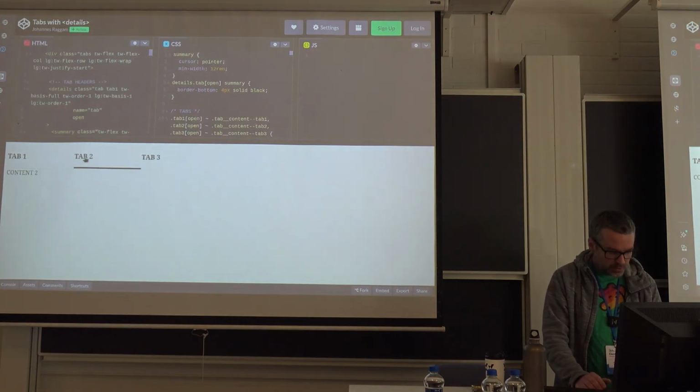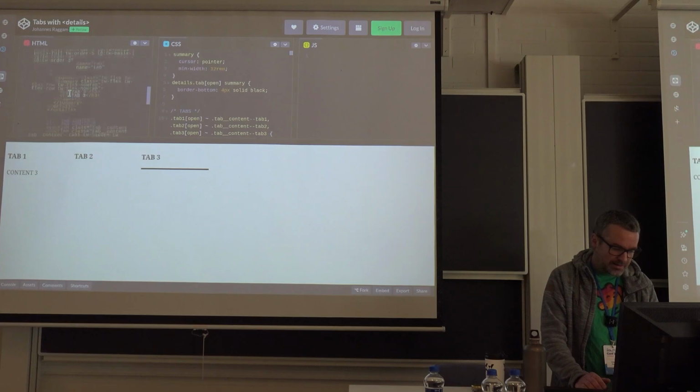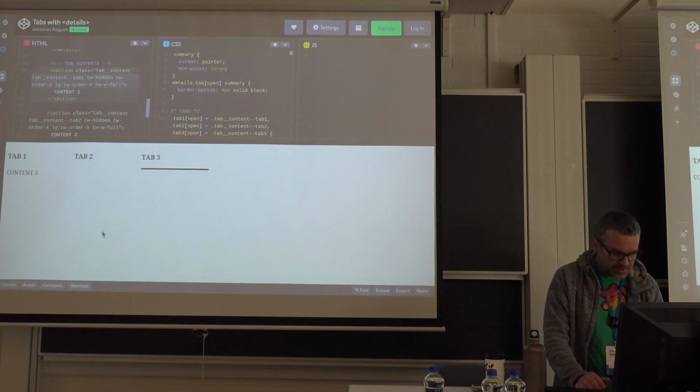Here are form tabs. If I click on tab 3, now the content changes to 3. There's a details summary element, which actually only includes the form header, and with a little CSS trick, I'm showing or hiding the sections below. It's a bit ugly maybe, but it does work